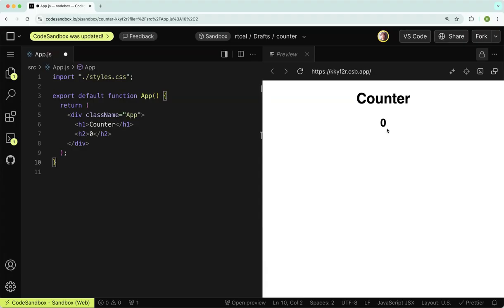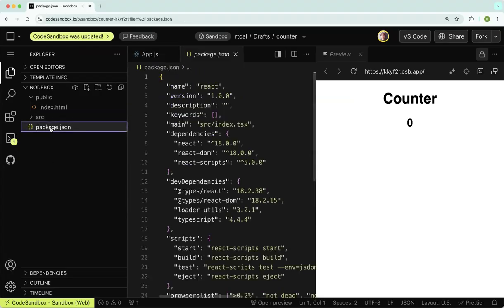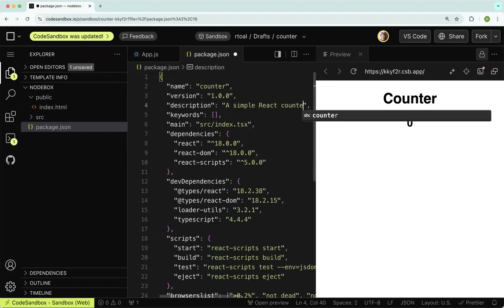It's helpful to talk for just a minute about what a React app is made up of. So if I were to open up the files, you could see at the top level, we're given a package.json file that's metadata about our program. It might be a good idea here to change the name and the description. A simple React counter might be good. That's package.json, so information about it. And you can see that